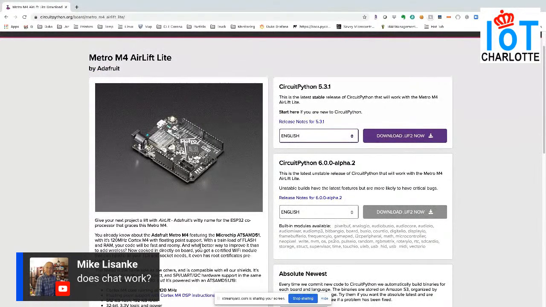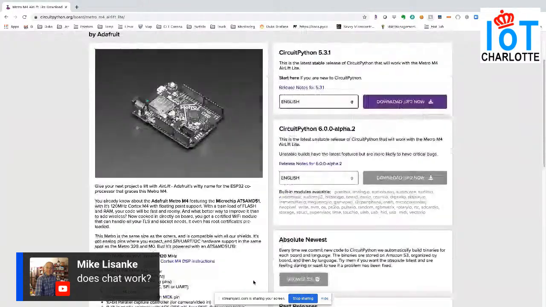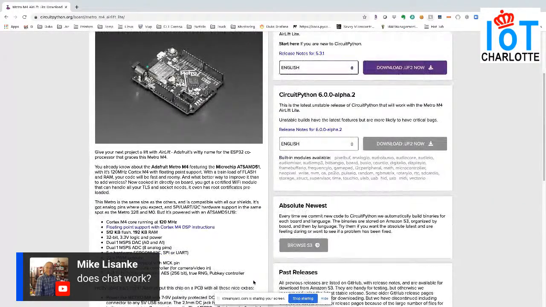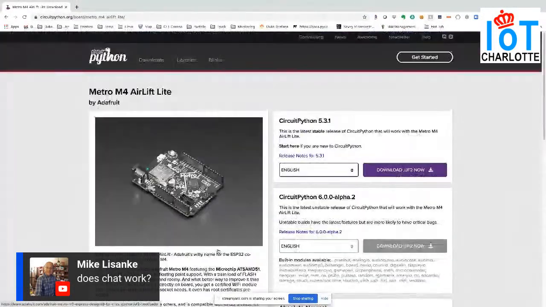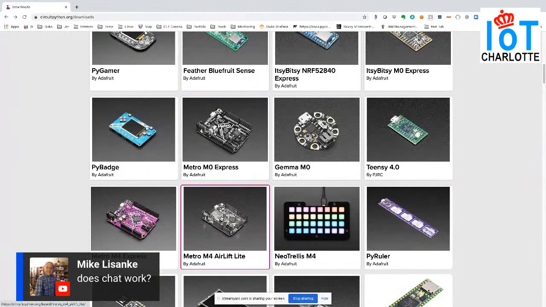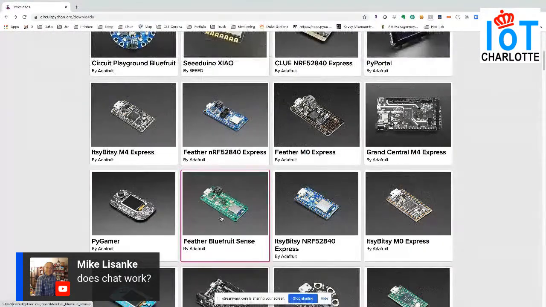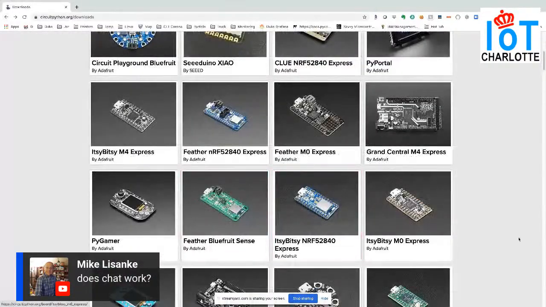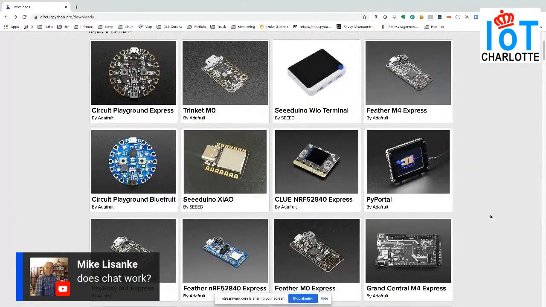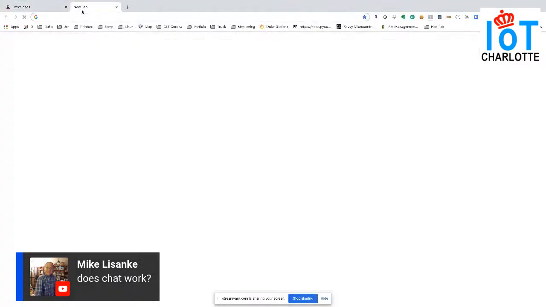Obviously, it runs an M4, pretty powerful. A lot of memory, a lot of flash. I don't know if the PyGamer has it as well. And then there's also the Airlift.